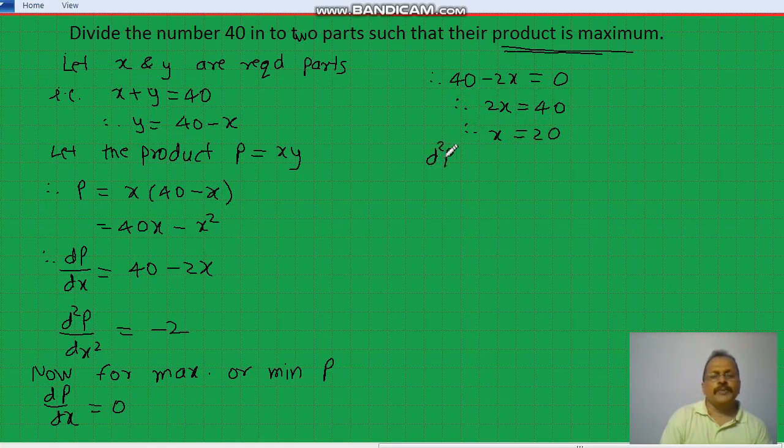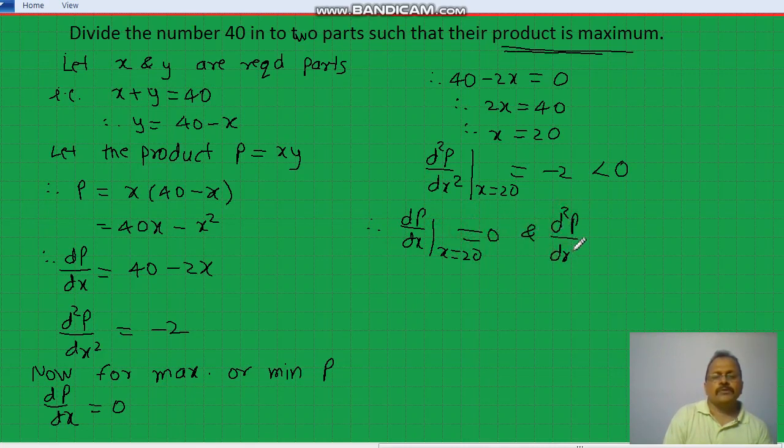Now d2p by dx square at x equal to 20 is minus 2, which is negative, and therefore dp by dx at x equal to 20 is 0, and d2p by dx square at x equal to 20 is negative, and therefore by second derivative test x equal to 20 is maxima